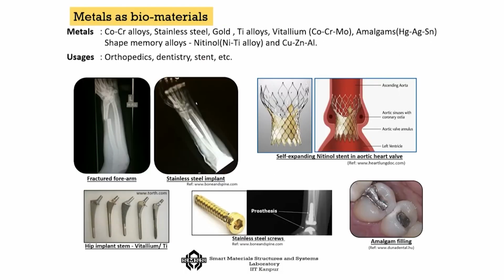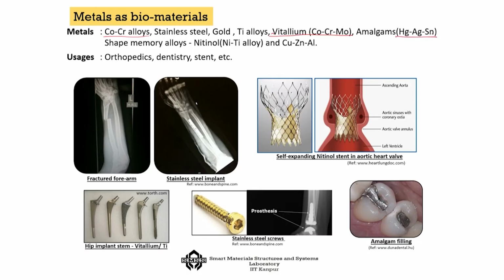Now, in this case, the materials are slightly different from whatever we have earlier considered, a new group of alloys like cobalt chromium alloys, stainless steel, titanium alloys, vitalium, another very interesting alloy, and amalgams, which is made of